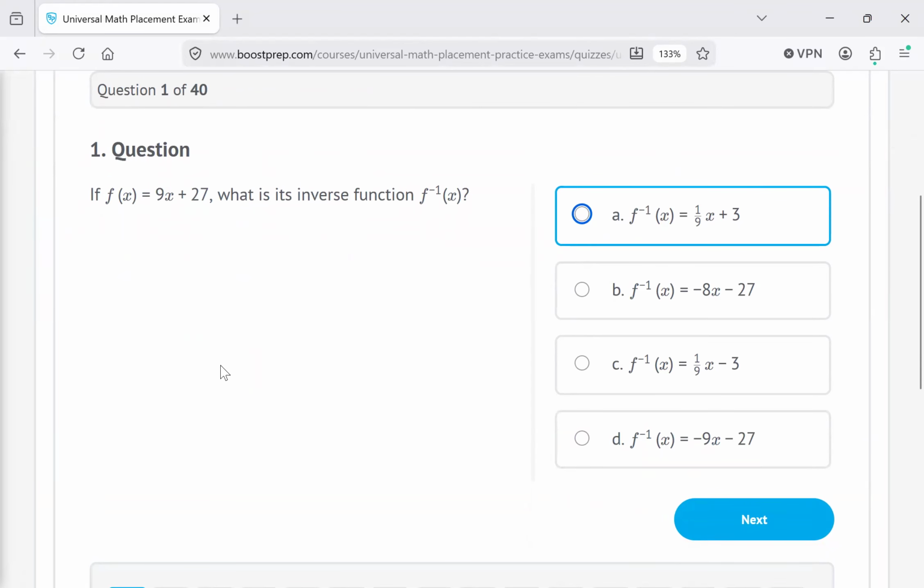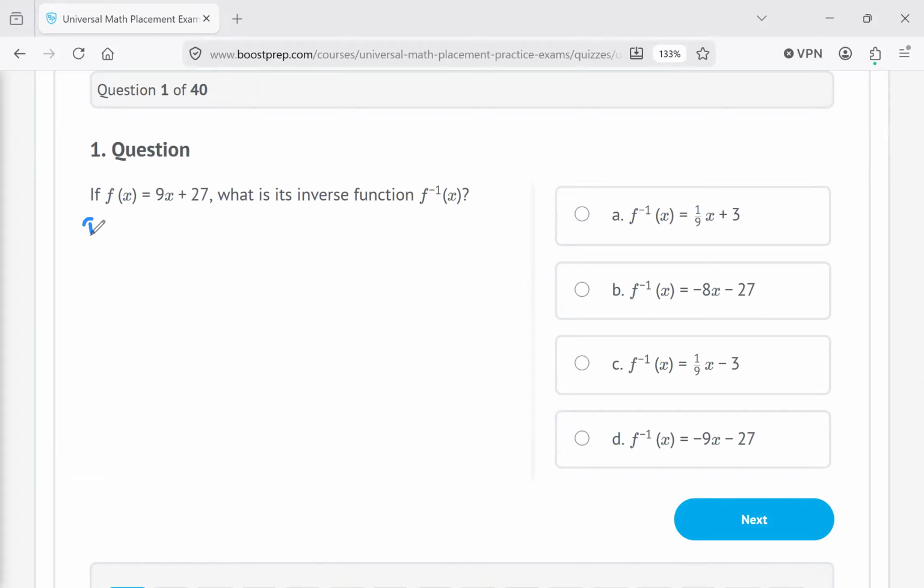Question 1 says, if f of x equals 9x plus 27, what is f inverse? So they want to find the inverse of this function. Let me write out the steps. You can find the inverse for any graph. So let's go over the steps. Step 1,